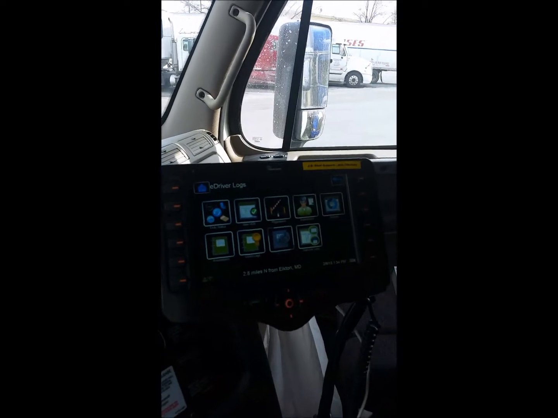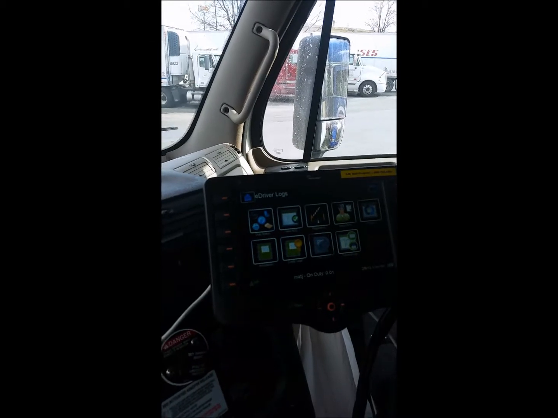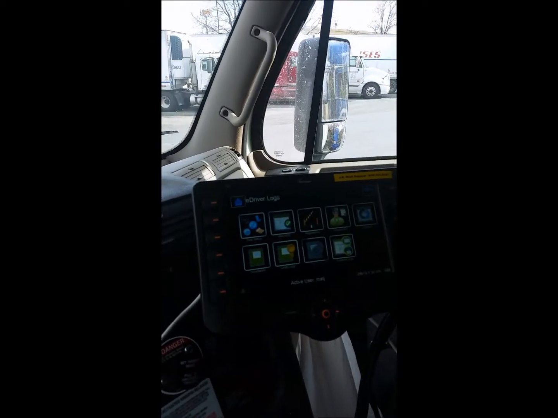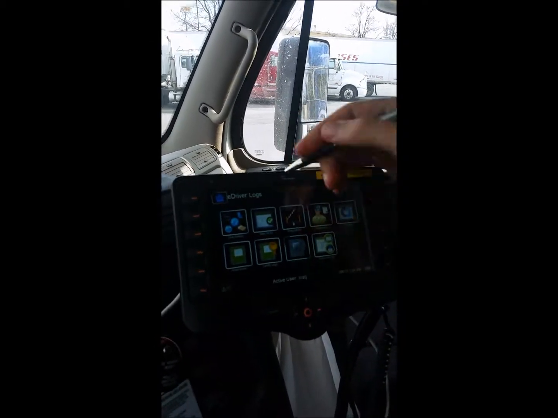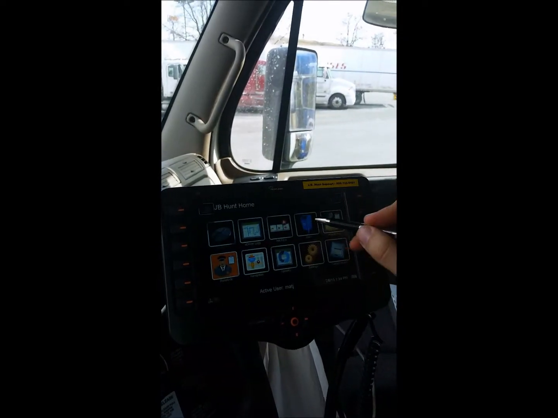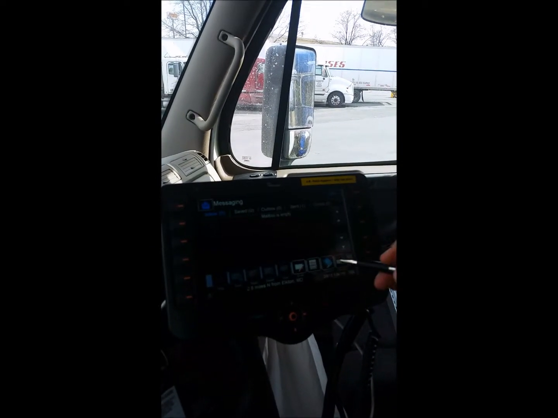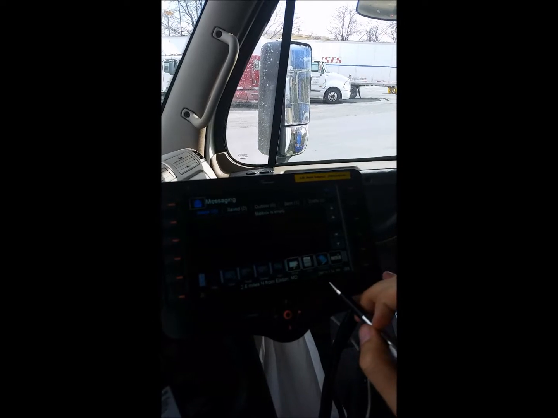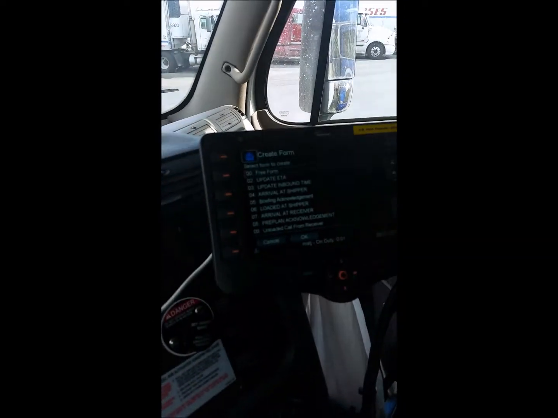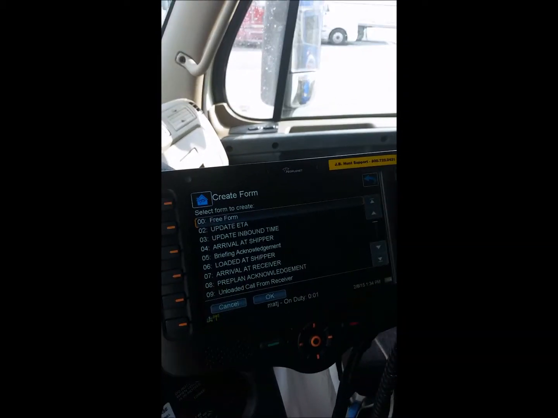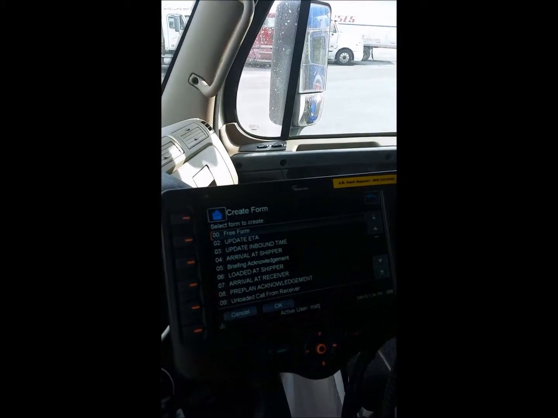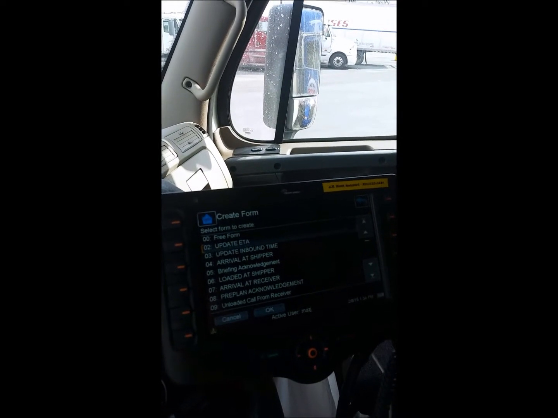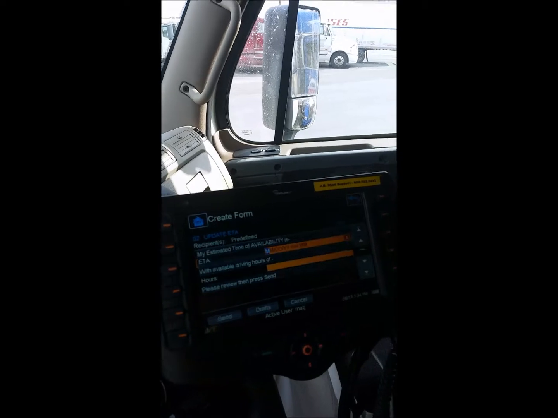Voila. All right, now we are shutting down for a 34 reset, so there's some other stuff that we have to do. We're going to go to our inbox and we're going to go to form. This is how you can find all the other messages that you might need. You see that right there. And we are going to come down to 2. It's our ETA. We're going to set that